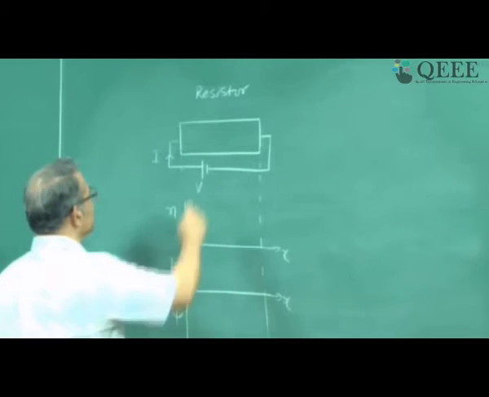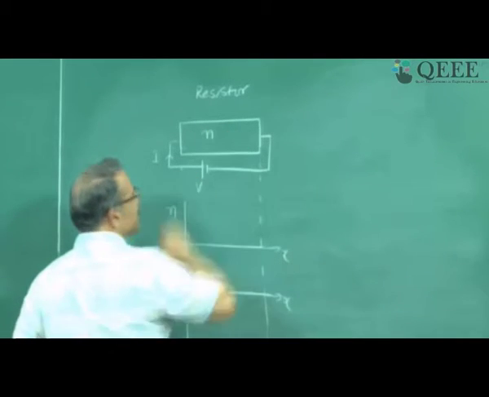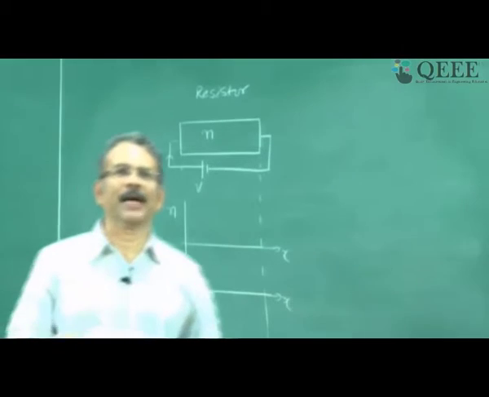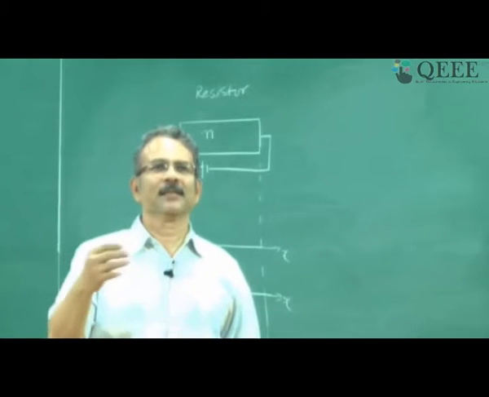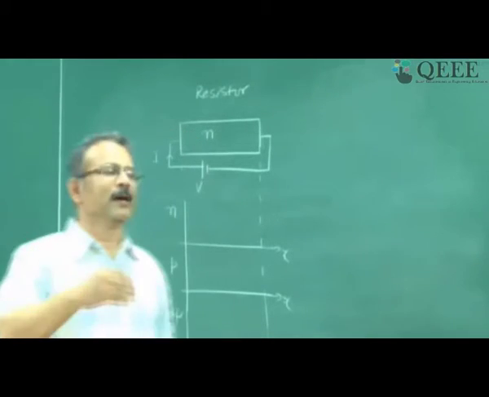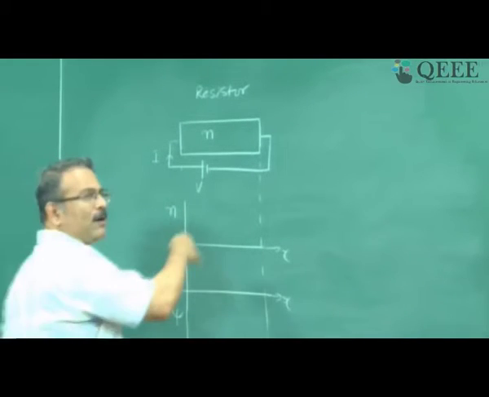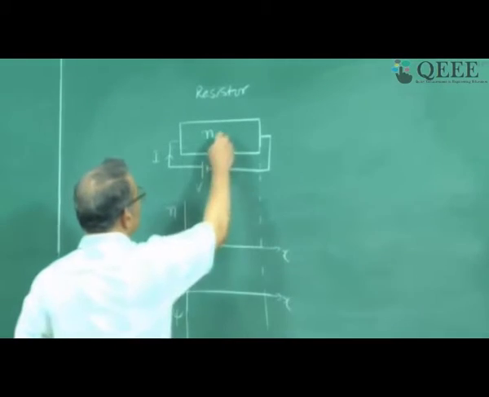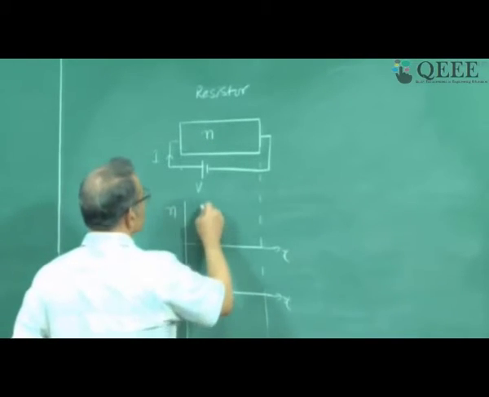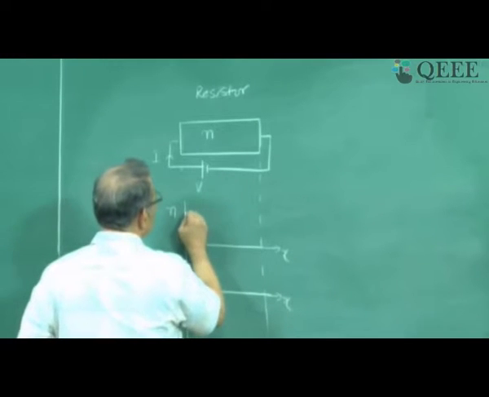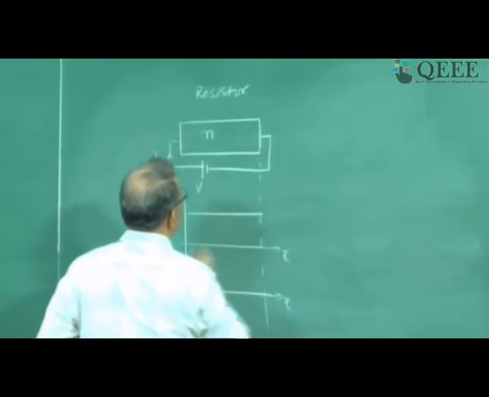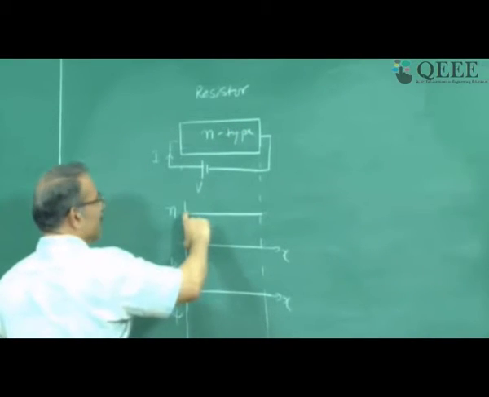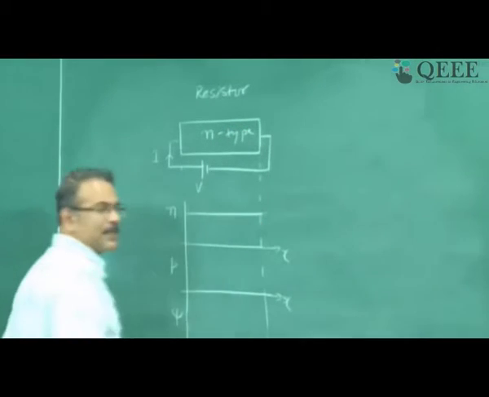how will it look? Suppose this is an N-type semiconductor. I am assuming that you know a little bit about N-type. We are going to discuss it. If you do not know, you will still appreciate a little bit of what I am saying, and that is sufficient. So it is an N-type semiconductor, so electrons are in a high concentration. Since it is uniform, the concentration of electrons will be the same: a high and constant concentration of electrons with distance.